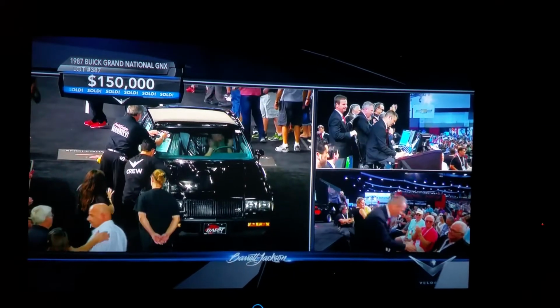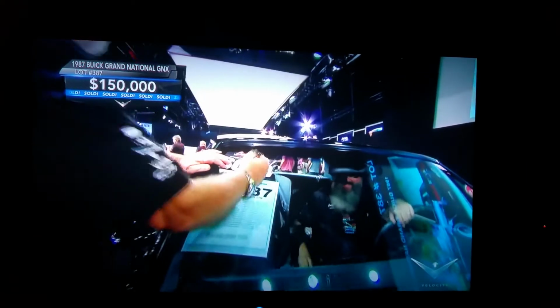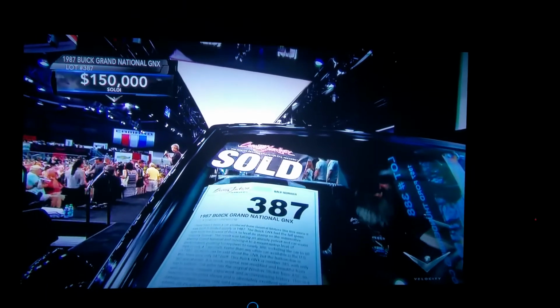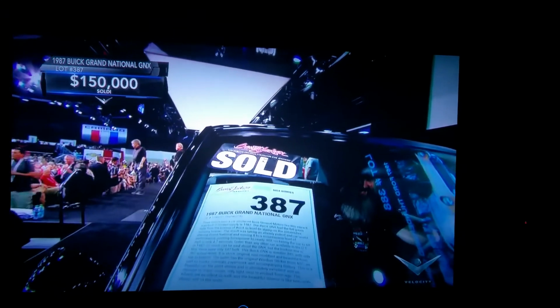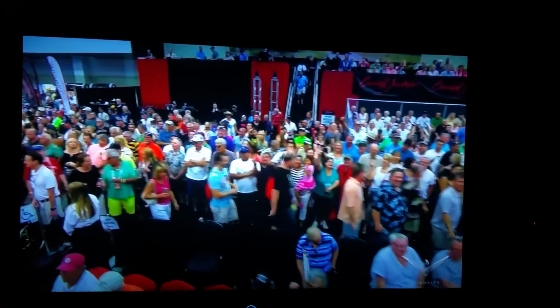And away it goes, $150,000. The Buick GNX, a great car, and obviously the person here in the house realized it and wanted it, and that is now the top seller of the day. There's a reason we call this Super Saturday, and all the people in the house